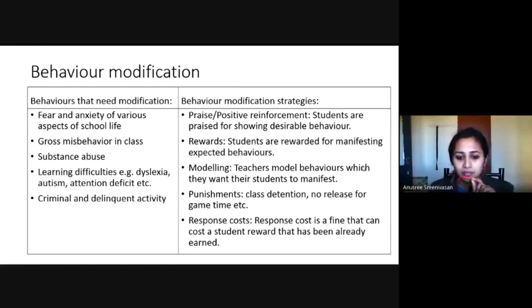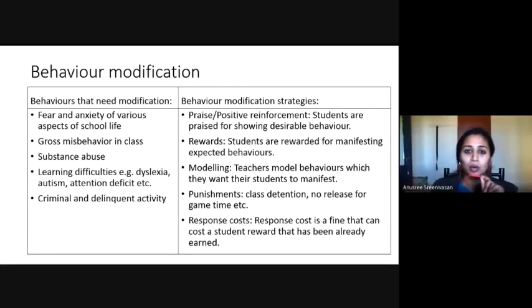Then response cost. That means the response cost is a fine that can cost students a reward that has been already earned. So I told you, we give them rewards, right? We give them points for good behavior in the class. And if they did something bad, okay, cut off that point. You take the reward back. Many teachers use different strategies. They may give stars, or they may give points, or